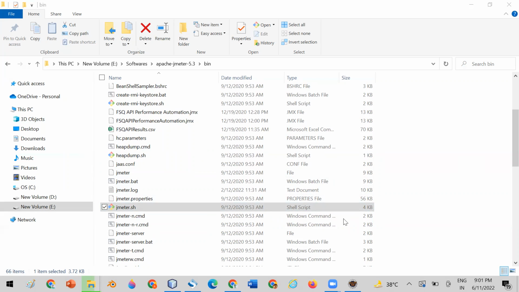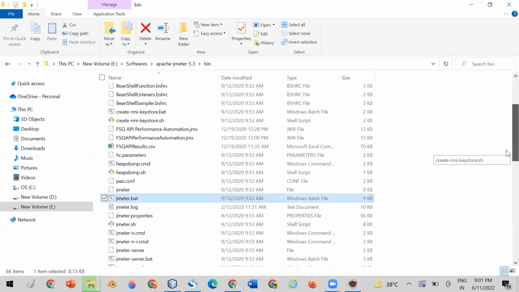No, Pradeep. Okay, so actually .sh files are used in the Linux environment. And if you are working on the Windows environment, which file is used? JMeter.bat. So JMeter.bat is used for Windows now, but in the latest 5.3 version, they have